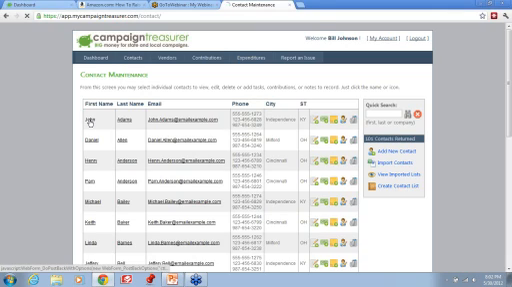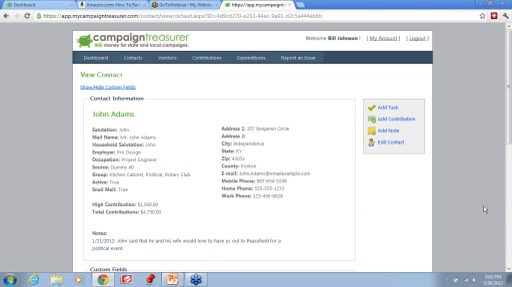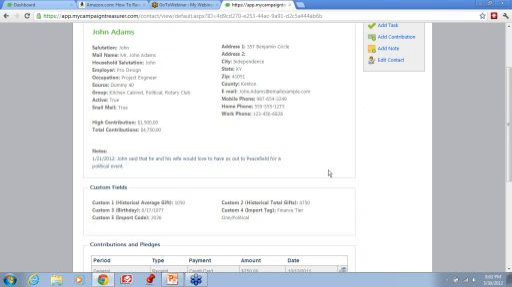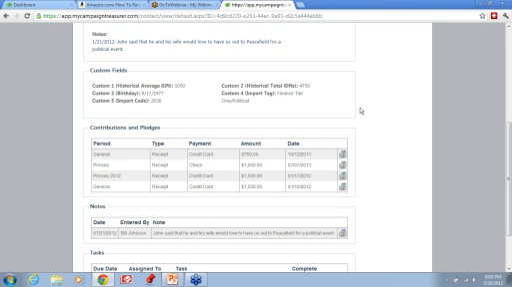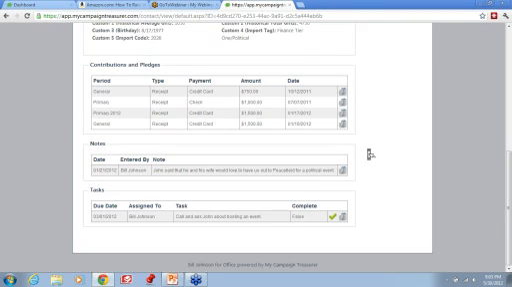Right now this fundraising software is free to try. It'll probably be free all the way through the election season. We're kind of just letting people get in here and tell us what they think. It has all the information you'd need: notes, custom fields that can be imported, contributions and pledges,